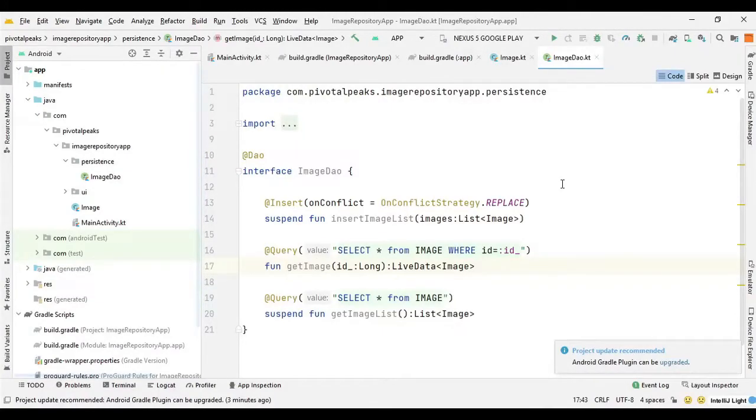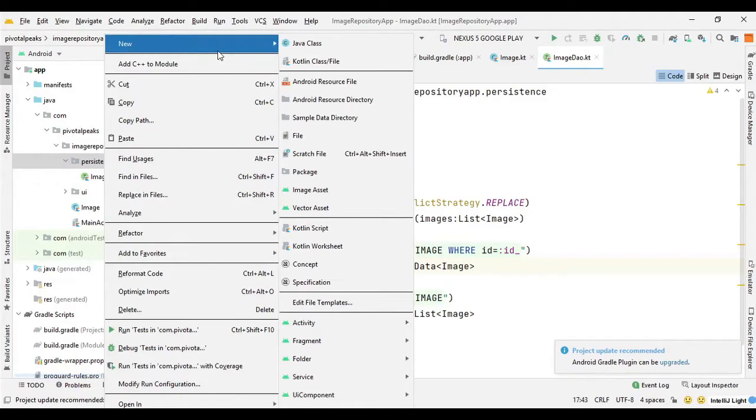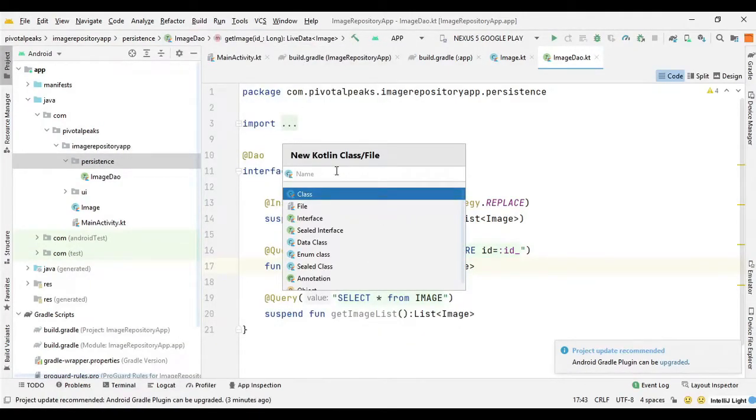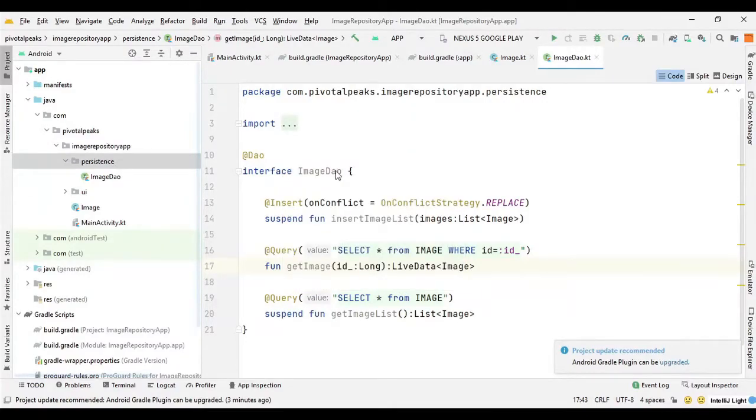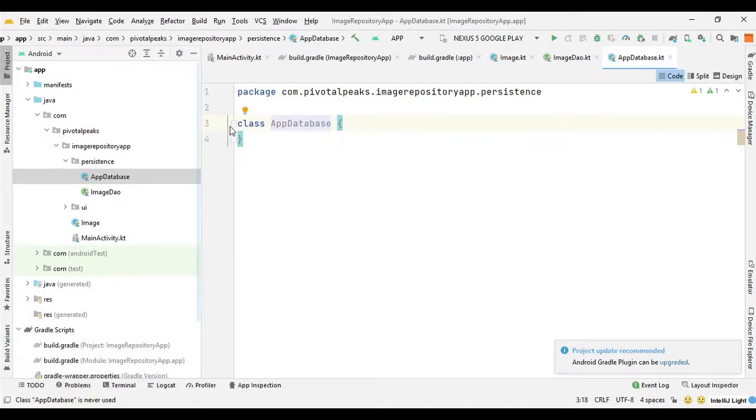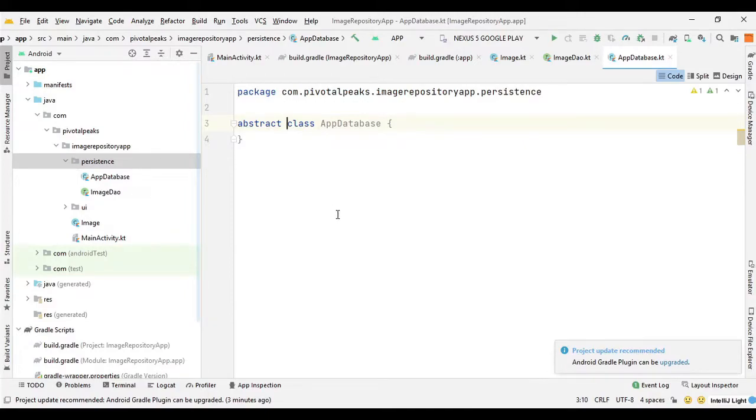Now the last thing related to the Room database is the database itself. So let's create a class for the Room database in the persistent package. So new Kotlin class, we can call it AppDatabase, we need to make it abstract, because Room provides an abstraction layer over SQLite database to allow fluent database access while harnessing the full power of SQLite.